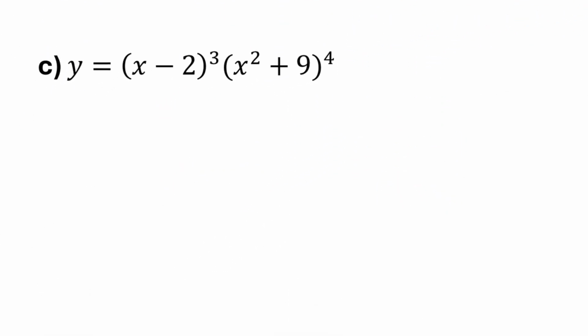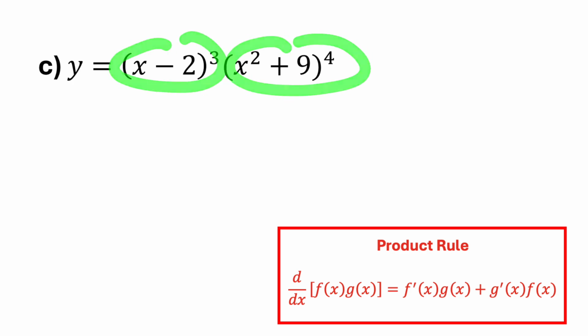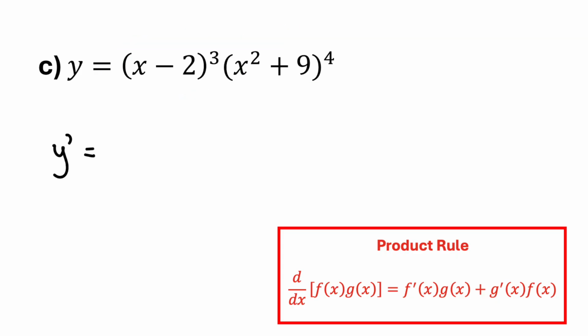Part C, I have 2 functions of x that are being multiplied together, so I'm going to have to use the product rule. Product rule says to do the derivative of the first times the second plus the derivative of the second times the first. So using that rule, y prime would be equal to, I have to do the derivative of the first function,